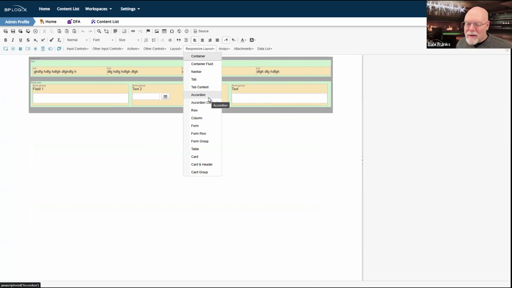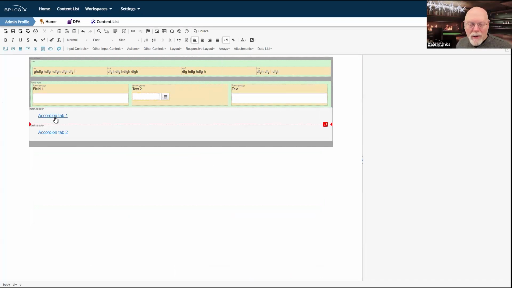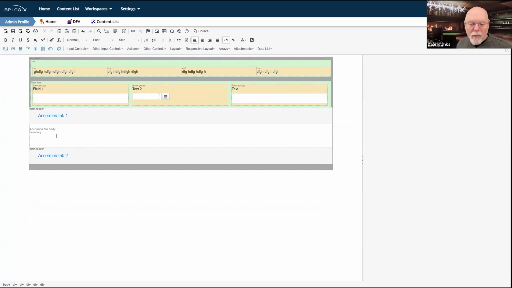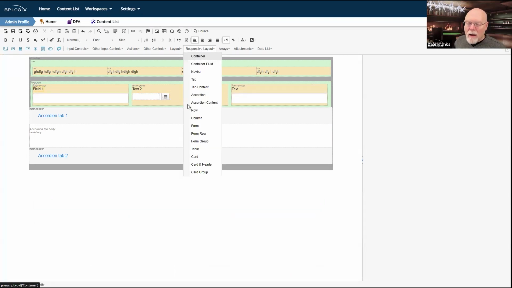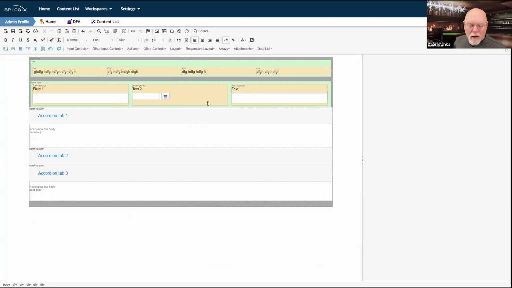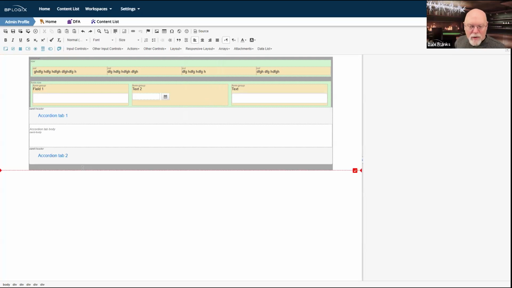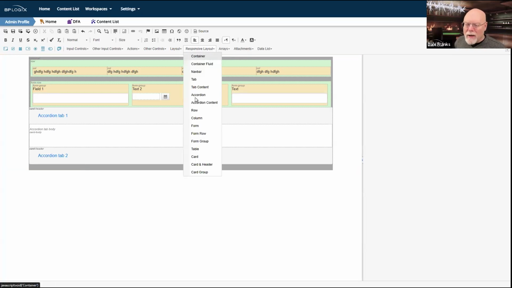So I think it's accordion. So that gives me accordion tab 1 and accordion tab 2. Okay, so that's accordion, and oops. See, there's accordion and accordion content.